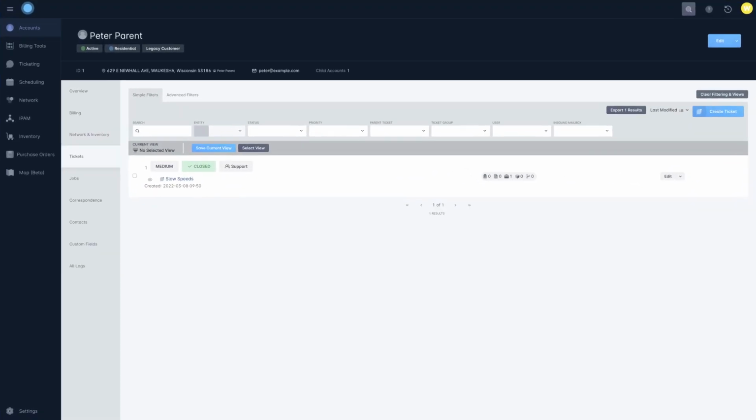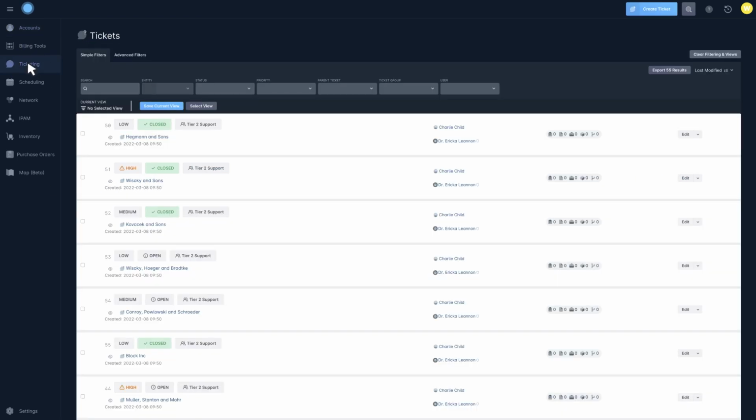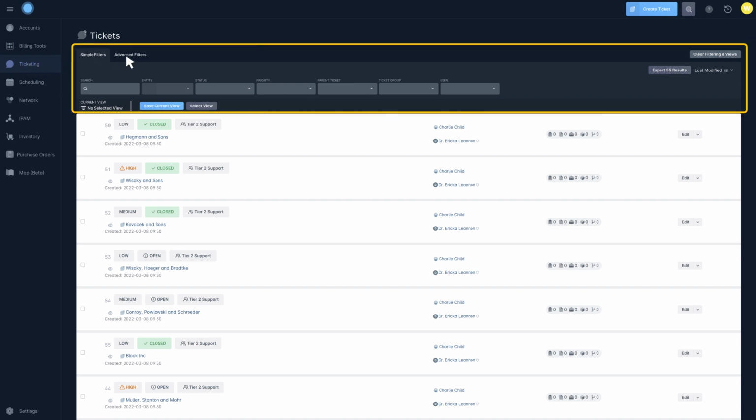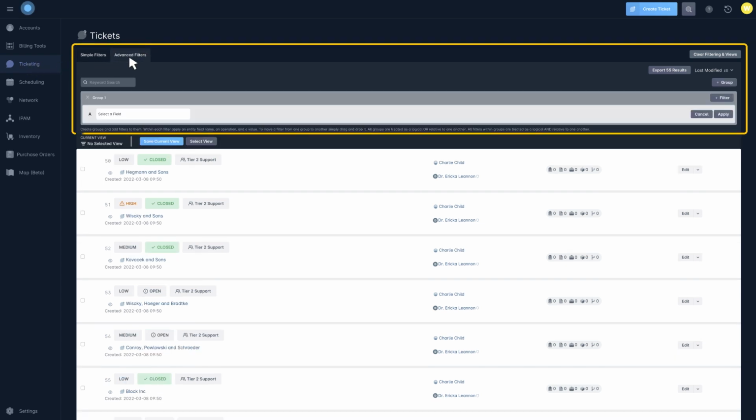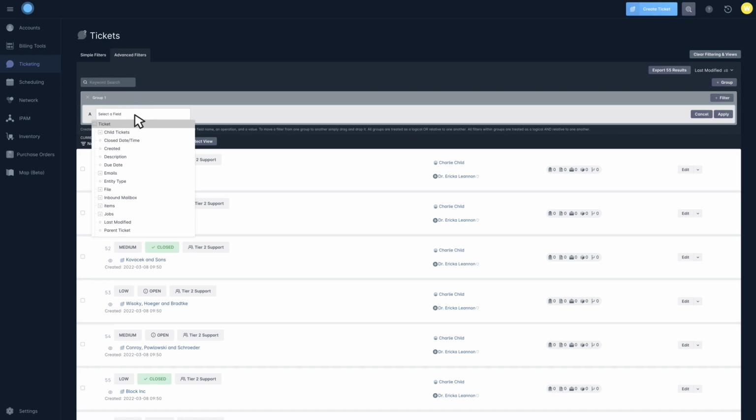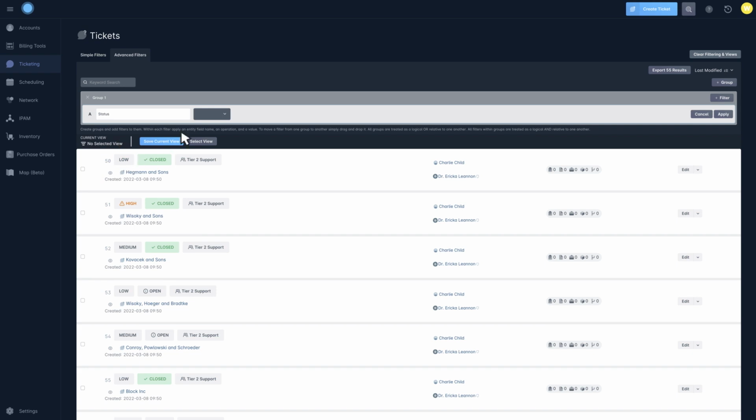Another feature within Sonar is how easily you're able to access tickets, whether within a customer's account, or all tickets that are handled by different departments. Through the use of either simple or advanced filters, you're able to refine the view in order to look at only specific tickets, such as backhaul tickets that came in over the weekend. Tickets can also be associated with jobs, allowing you to filter for tickets that are associated only with failed jobs. You can create and stack these filters in order to produce a view which is custom to your environment,